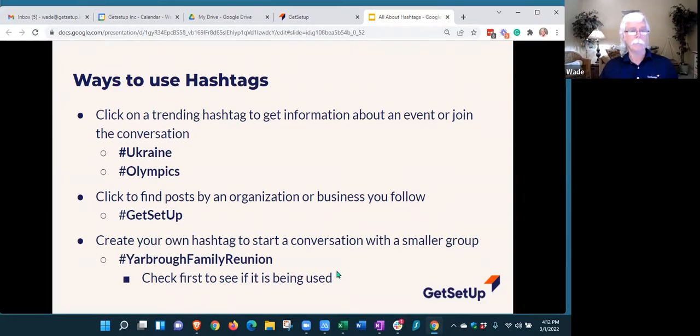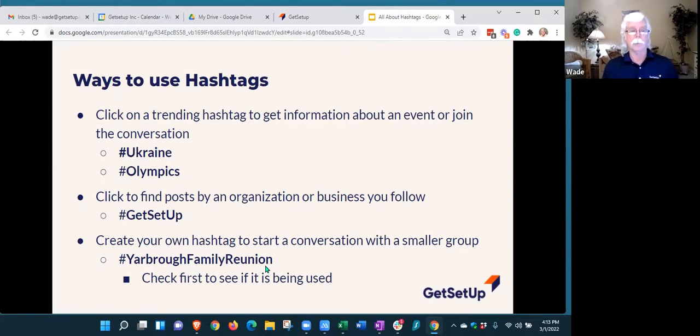Say if you create a hashtag for Facebook, could that hashtag be used in, say, YouTube? Sure. Again, there's no rules about what hashtags. I mean, there's rules about how to create a hashtag, but you can create one and use it in every social media site you use. So if I was going to be using this one in multiple sites, I could have hashtag family reunion and use that in Facebook, Instagram, Twitter, YouTube, any place I went.